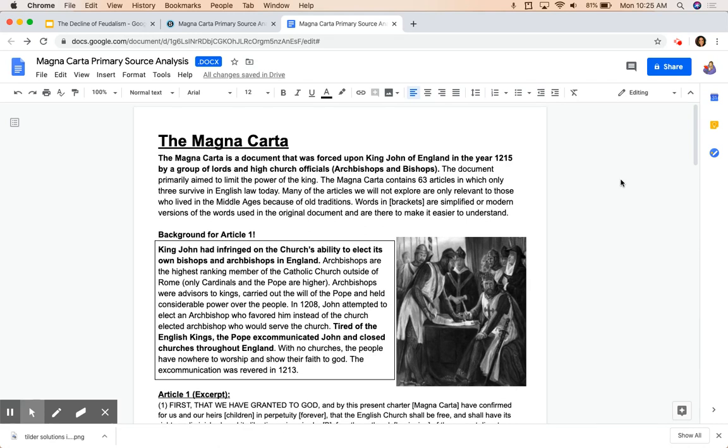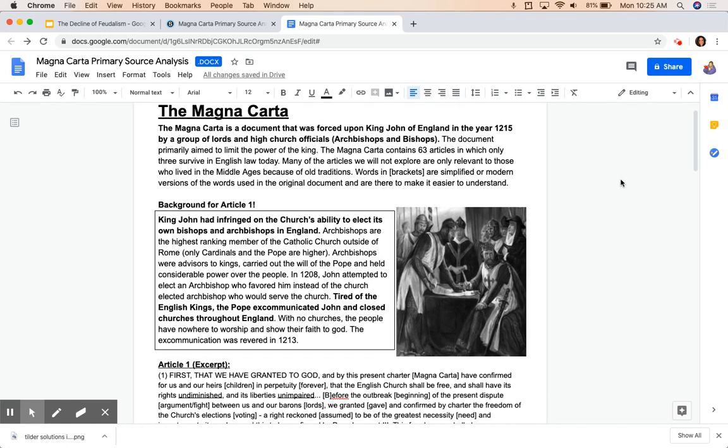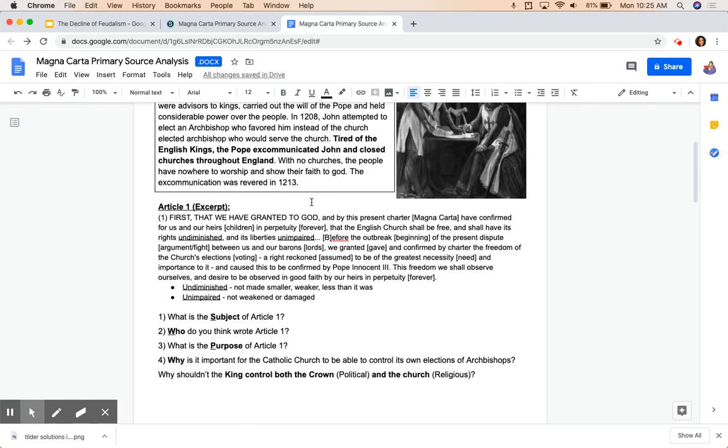So like I said, at the end of the video lecture, we are going to come back together, look at this document. I will walk you guys through it. I know it looks like a lot right now, but it is not too tricky. It's broken down, it's simplified so that you guys will be able to read the text, hopefully pretty well, that you guys will be able to understand the purpose, why these terms were included in the Magna Carta after reading the background on each article.